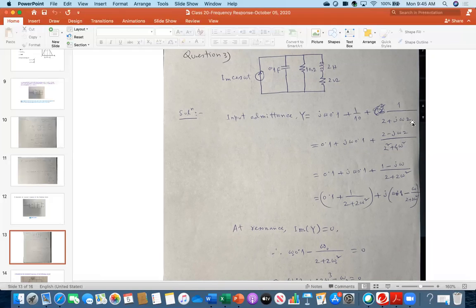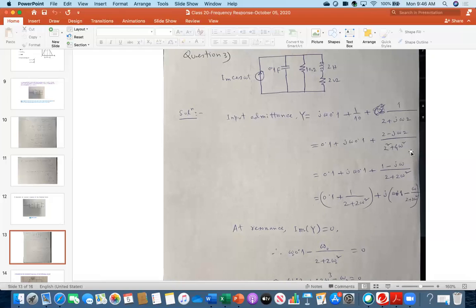So this means I multiplied this one by its conjugate. I multiply that for both numerator and denominator. You have to multiply by 2 minus j omega 2. Therefore, in the numerator it was 1, so you can see only 2 minus j omega 2. And then in the denominator, 2 plus j omega 2 multiplied by 2 minus j omega 2. So like a plus b into a minus b algebra, a square minus b square. So therefore, j omega is squared, and j square will be minus 1. That's why it became plus 4.